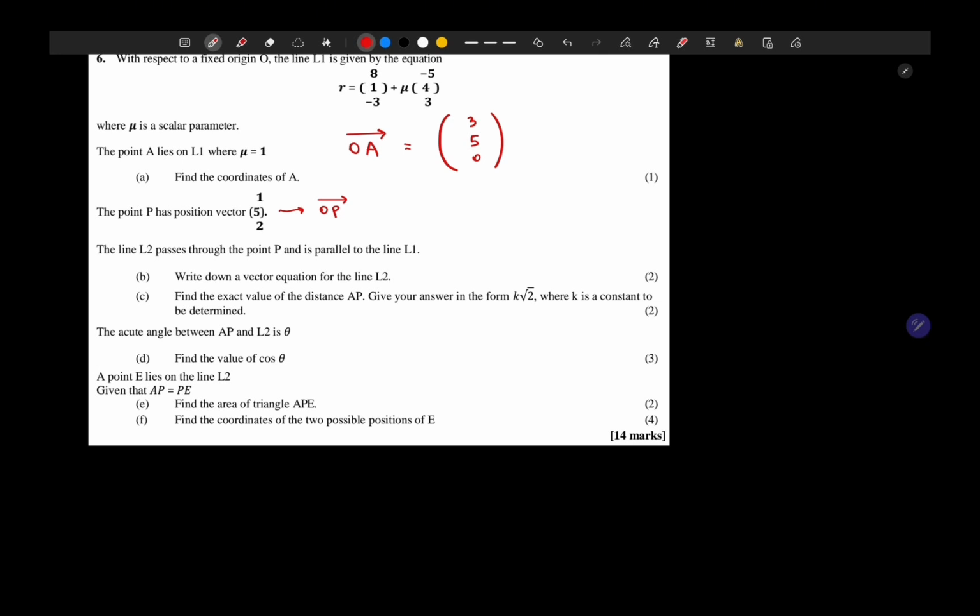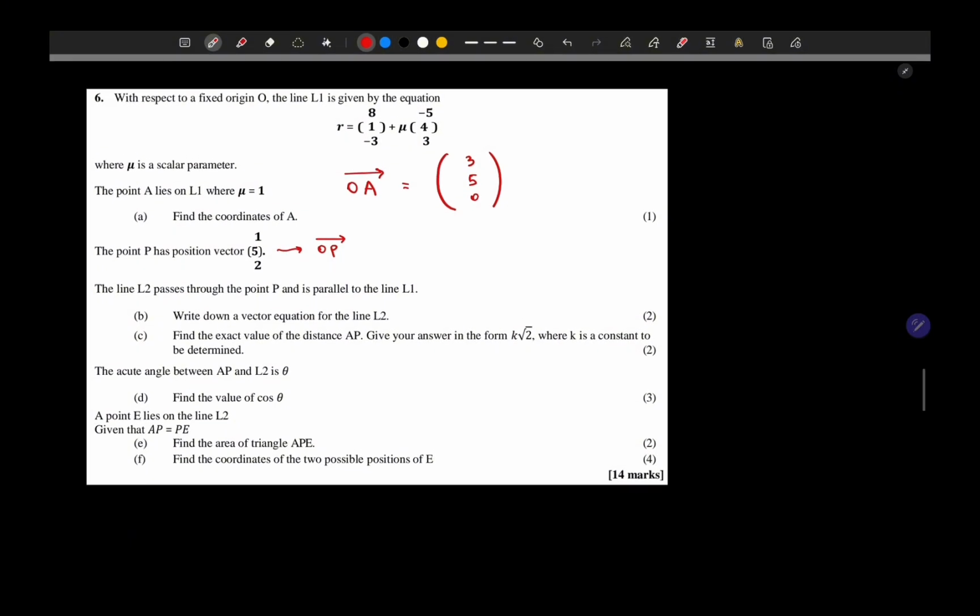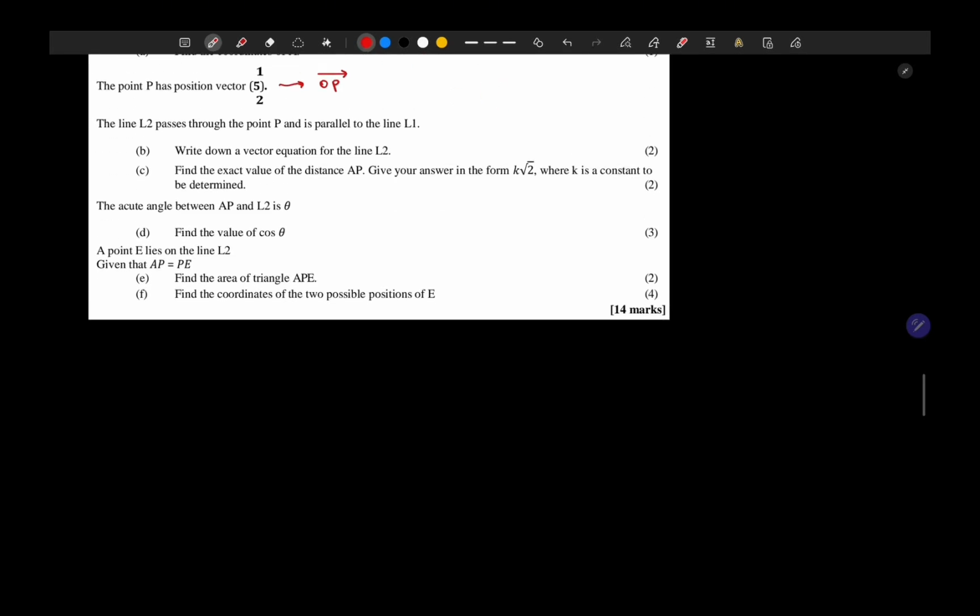The line L2 passes through the point P and is parallel to the line L1. So it passes through point P and it is parallel to the line L1. Now L1 has a direction vector of (-5, 4, 3). So we can say that the line L2 has an equation of, in the first part we need to write